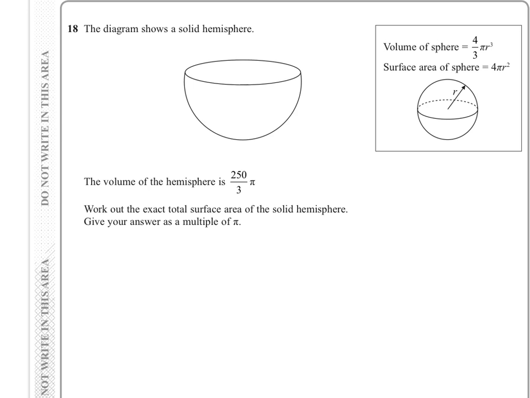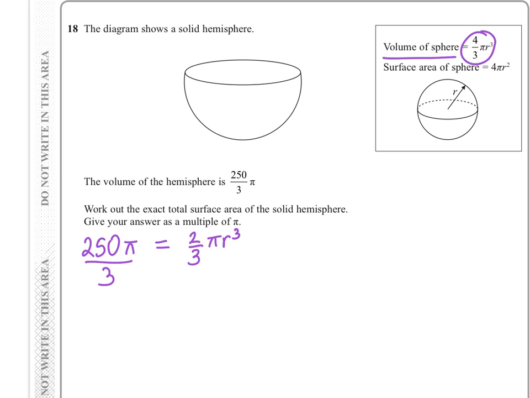Question 18. It shows a solid hemisphere, i.e. half of a sphere, and it says the volume of the hemisphere is 250 pi over 3, and that'll be in units cubed. It gives us that the volume of a sphere is 4/3 pi r cubed. So the volume of the hemisphere in this case would be a half of 4/3, which is 2/3 pi r